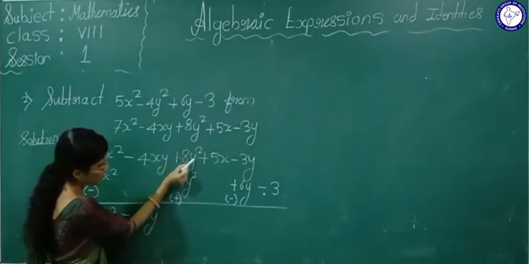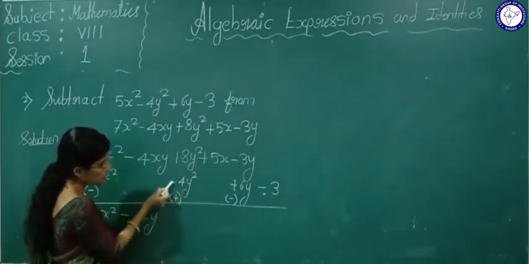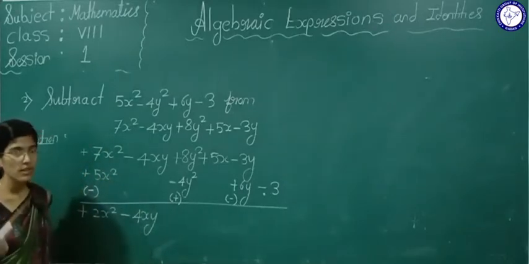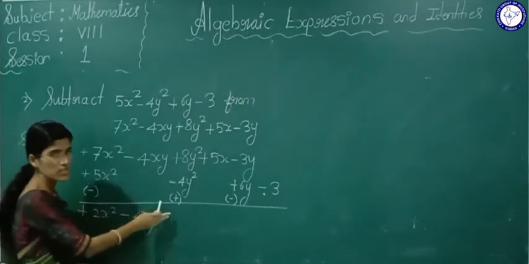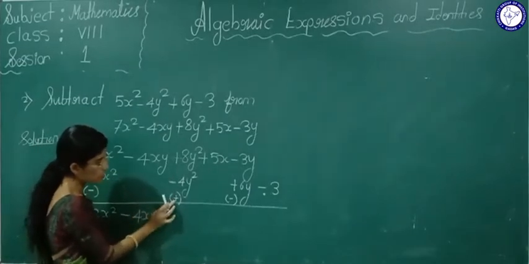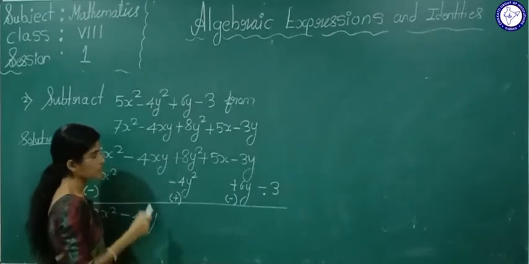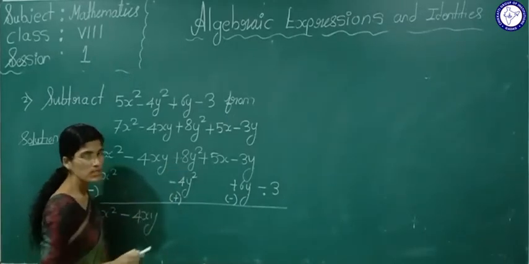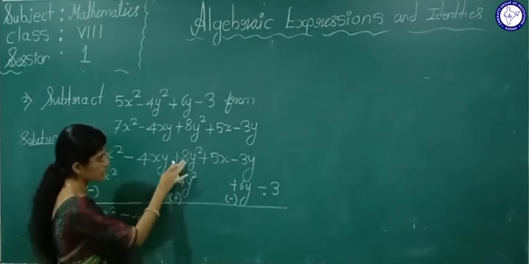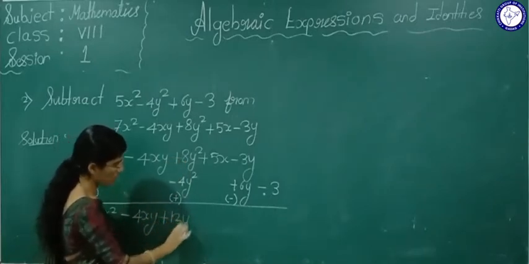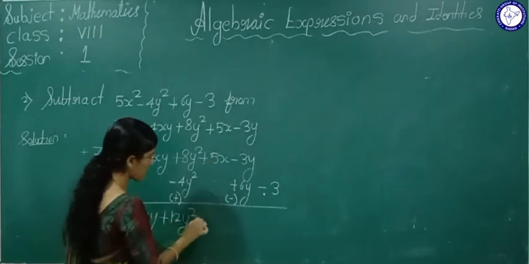Now plus 8y square, this sign you should not have to see, students. Again and again I am telling you: when you are subtracting, you have to change the sign. Now you have to consider this sign. Plus is plus. 8 plus 4 is how much? 12. Which is the bigger number? 8. 8 has a plus sign, so it is plus 12y square, plus 5x